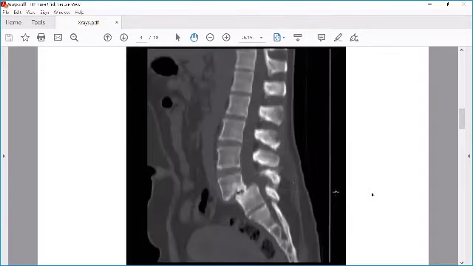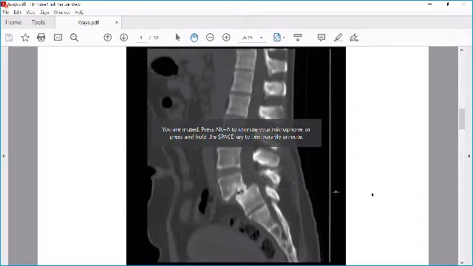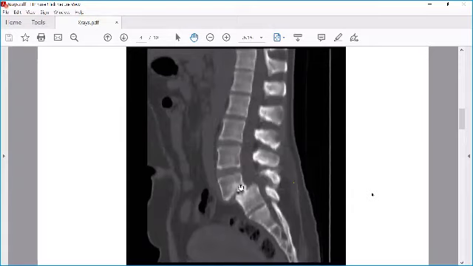The next one. Can anyone say what this is? This is very obvious. It's a fracture dislocation. Yeah, okay, slip disc, but there's a fracture. You can see a fracture is there. How do you know if there is a fracture in a bone? You look at the outline, you look at the cortex and see if any breach is there in the cortex.